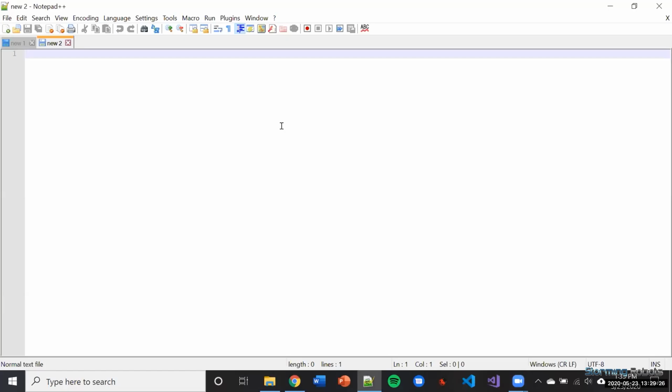So one of them was, I'm still a little confused about which folder to save my code in. Let me share my screen real quick. Okay, so I'm in Notepad++ right now. So let's say my main code, as we said before,